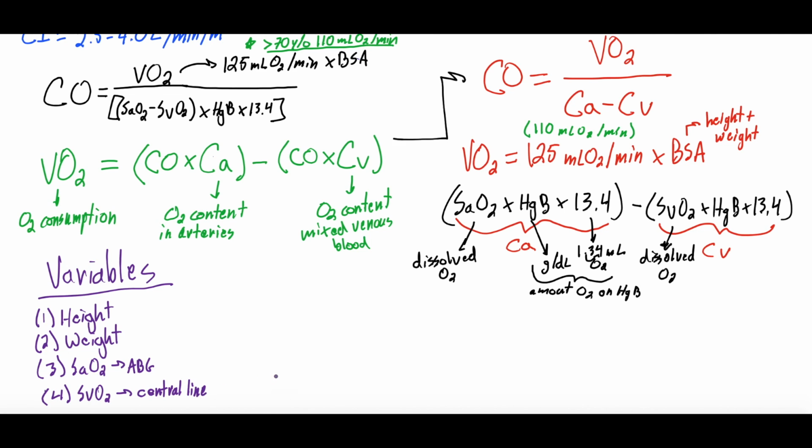in the cavo-atrial junction. So what are we talking about here? And this is where mixed comes in. The amount of oxygen in the veins is very much regional, right? If I sample the amount of oxygen in the veins in my finger, that might be different than if I sample it in my legs, which might be different than if I sample it in my head, because all those tissues are taking out different amounts of oxygen from the arteries. So what we want is a mixed venous. We want a sum of all the oxygen that was taken out in the body, which is why we need a central line,